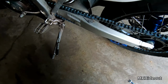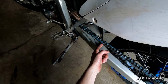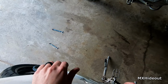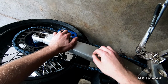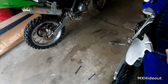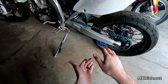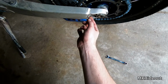Like I said, you can check your manual for the technical proper adjustment of it. But the biggest thing is you want it tight enough, but when the suspension compresses, that's going to tighten it up even more. So you can get on the bike like this, compress the suspension, and as long as there's a little bit of wiggle room there, it's not too tight. That's mainly what you're looking for, and every bike is a little bit different. So you're just getting to that compression point of the bike where the chain is going to be as tight as possible, and as long as there's a little bit of wiggle room, it's not too tight and you're good to go. So let's get these nuts